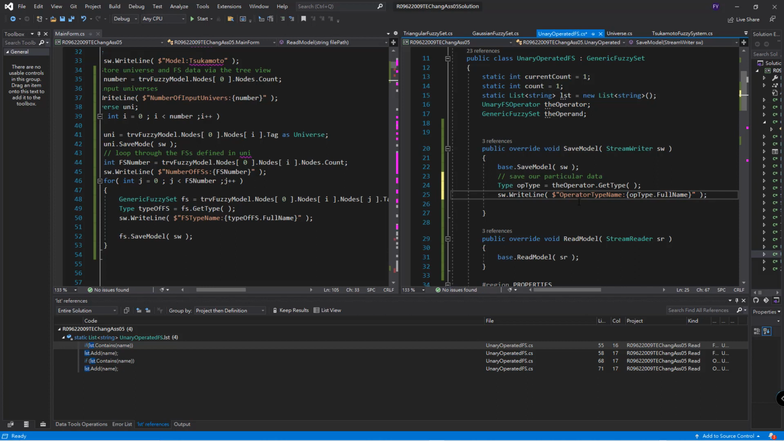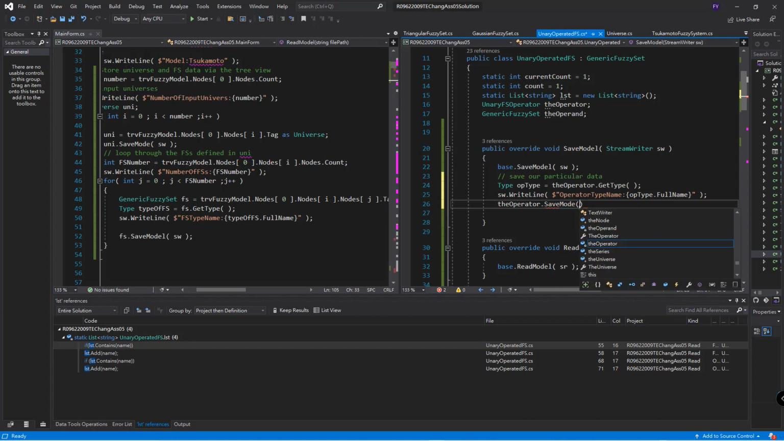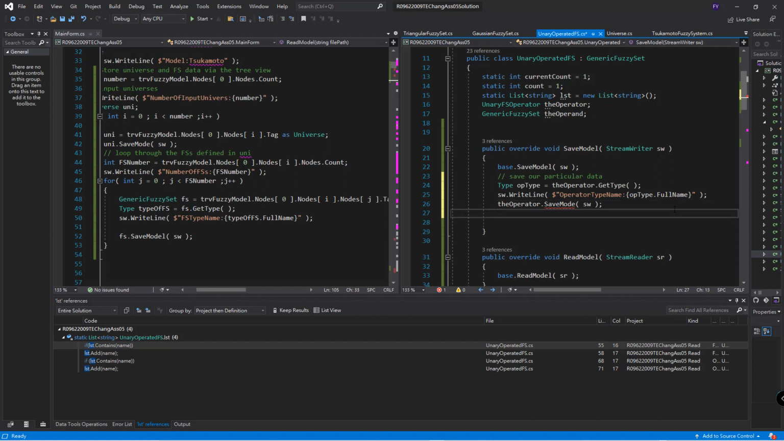Okay, you save the full name first, and after that we will ask this operator, the operator, save model. We pass string writer to it. Okay, so this part is for the operator. Then